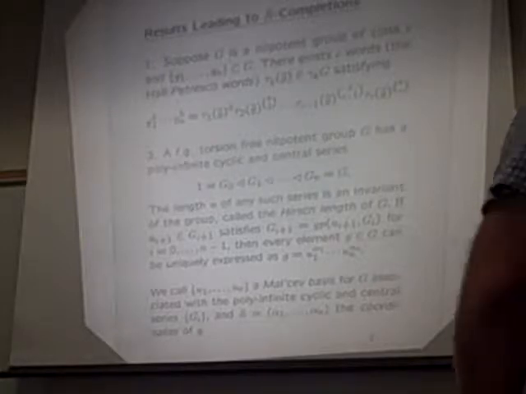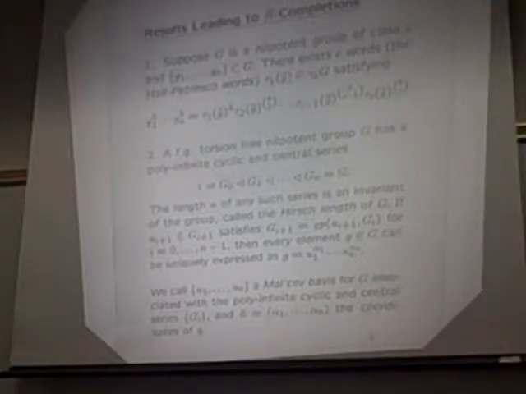So it involves what is known as the collection process. And the main issue with this is not only does this equation hold, but also that the taus do lie inside of the lower central subgroups. That's important here. Now, it turns out after a lot of heavy-duty work that number 2 follows, namely if you have a finitely generated torsion-free nilpotent group, then it has what's called a poly-infinite cyclic central series.